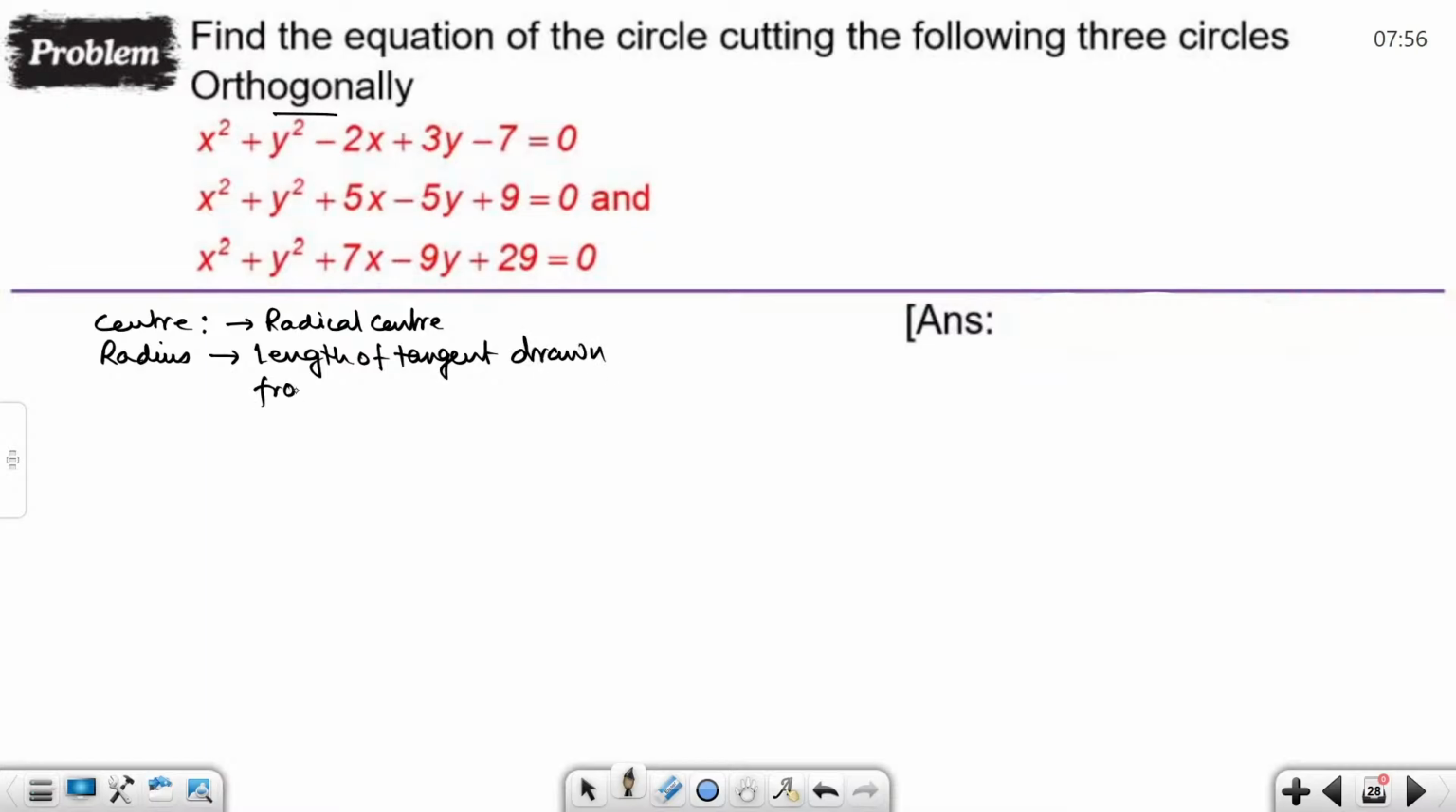drawn from the radical center to any of the circles given. Okay? Now, to find out the radical center, let me denote this as S1, this as S2, and this as S3. So, to find out the radical center, I need two radical axes. So, the radical axis that is obtained from the first two is this. So, that gives us